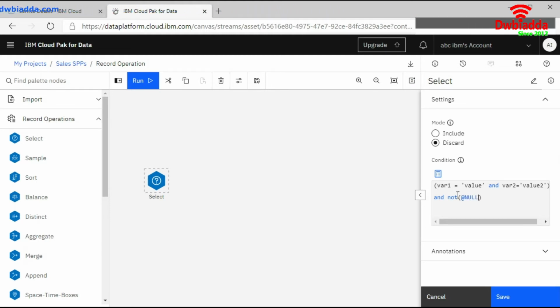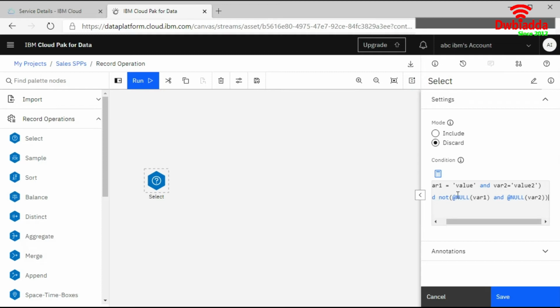at null where 1 and at null where 2, like this one.